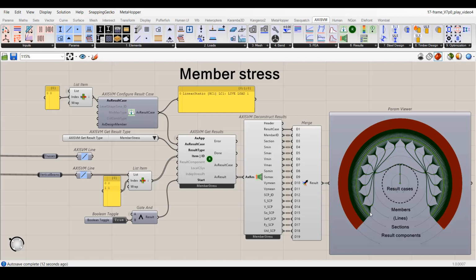Compared to the data tree of the member internal forces, it's new that each section has also its own sub-branch, and these are broken into further 15 sub-branches representing the result components. This is required to be able to store the results at each stress calculation point of the sections. I'm going to make further clarification about this later on in this video, but now I rather want to explain